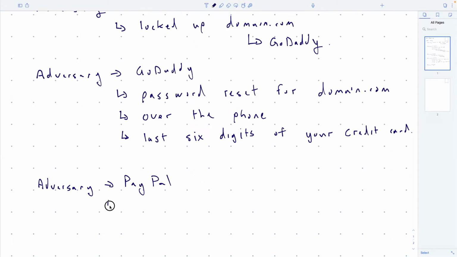And once again, they did a phone call. And this is where it differs slightly. So instead of them saying, hey, I'm this email address and I forgot my PayPal password, can you log me in? They did a different kind of social engineering attack. So they called PayPal and they said, hi, I work at PayPal. I'm just in a different division. And here's some elaborate reason for why I can't get access to, you know, I'm missing a bunch of credit card numbers or something like that.